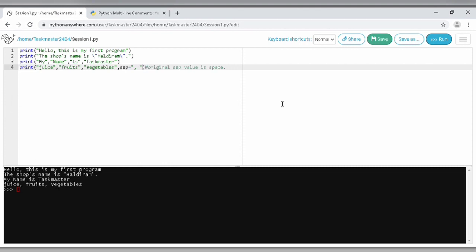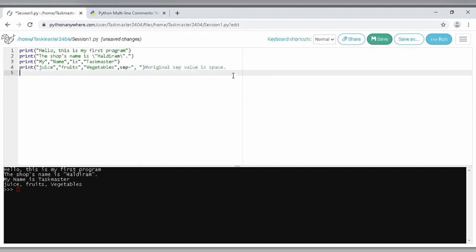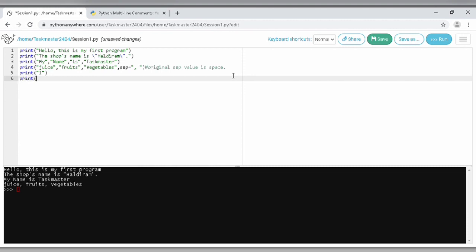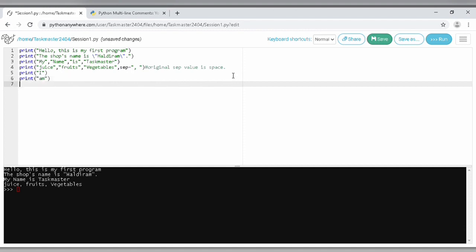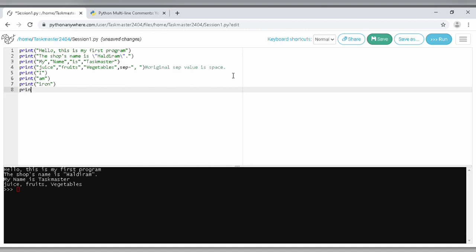So this is the sep value, and after that there is another thing called the end value. So I'm going to write here just I am and when now when I will execute this,